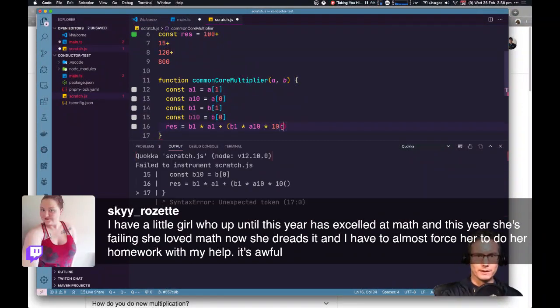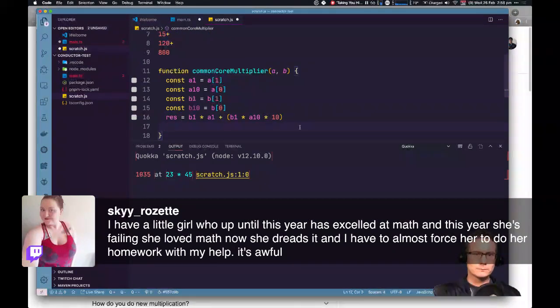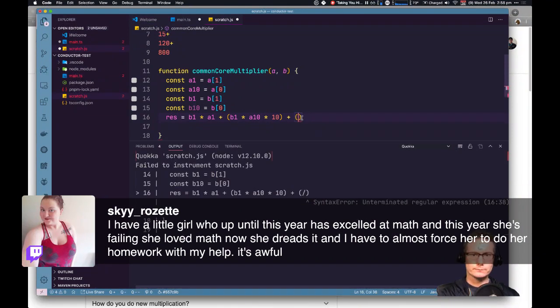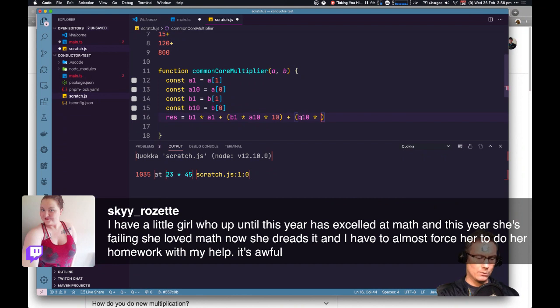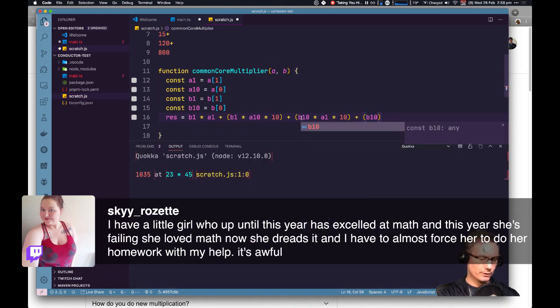Not sure about the associations that will do that. Actually, no, that should have precedence, but... And then I got to chain the same thing for the other one, which is b10 times a1 times 10 plus b10 times a10 times 100.